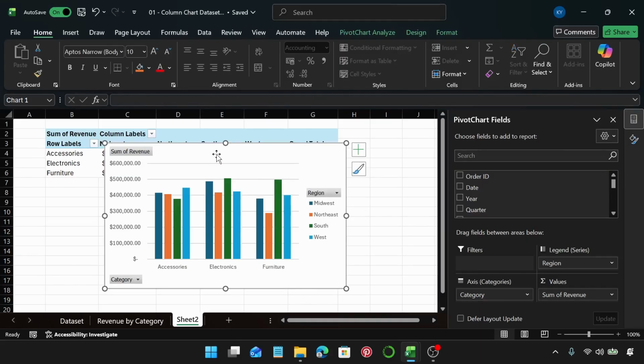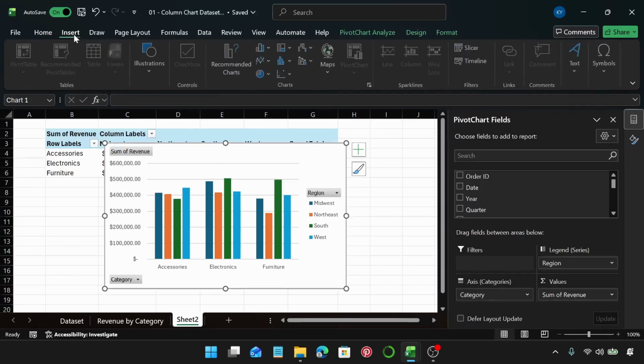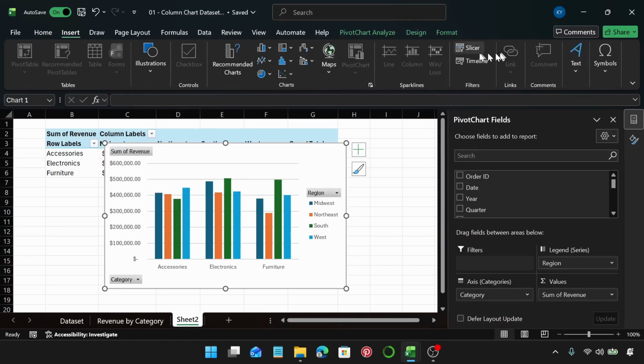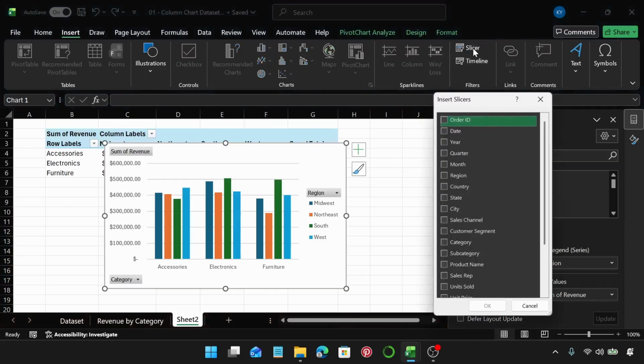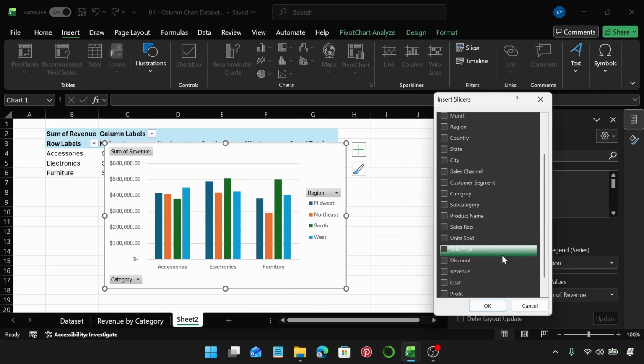Let me just show you slicers before we move into formatting this chart. I'm going to go over to Insert, and we are going to have this option, slicers. Timeline is more like when you want to look at a range of items using your date. So if you have dates and you want to look at a specific time period, that is when you use timeline. But slicers, if I click on this slicer, we can now decide what slicer we want to use. So let me see. Maybe if I want to look at it by quarter, and you can insert multiple slicers at once. So I could use,